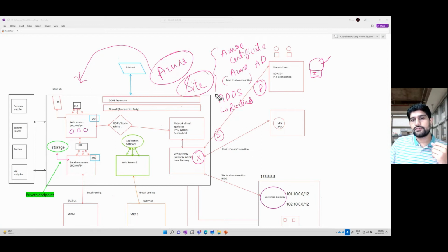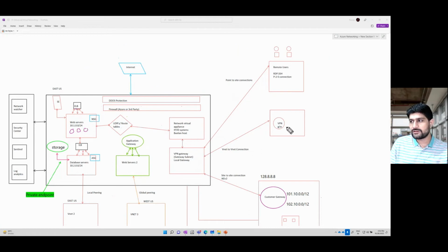Okay, so this is also a very popular method in order to connect any device like your mobile or your laptops to an Azure site. This is the second option in terms of connection. The third option available to you is